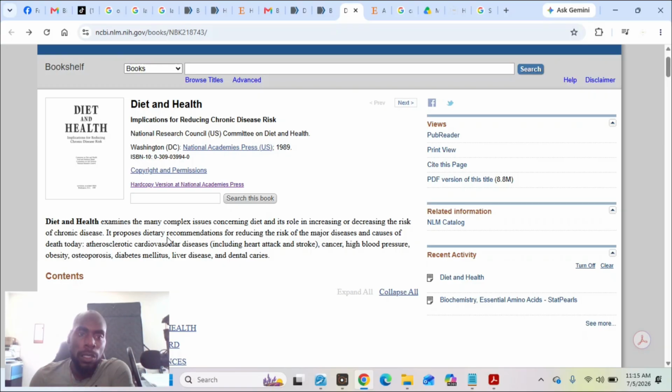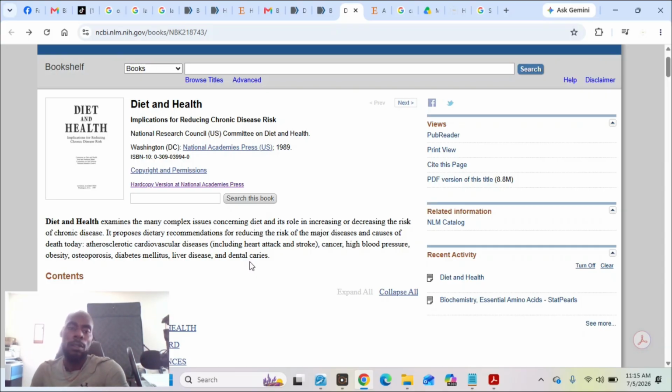Its purpose is dietary recommendations for reducing the risk of major diseases and causes of death today. This includes cardiovascular disease, including heart disease, stroke, cancer, high blood pressure, obesity, osteoporosis, diabetes, liver disease, and